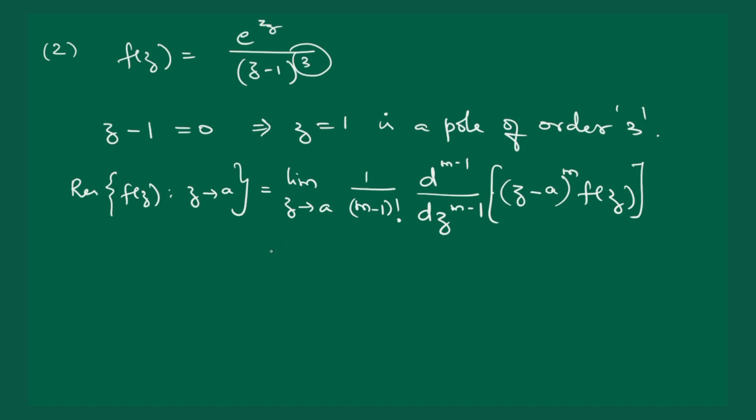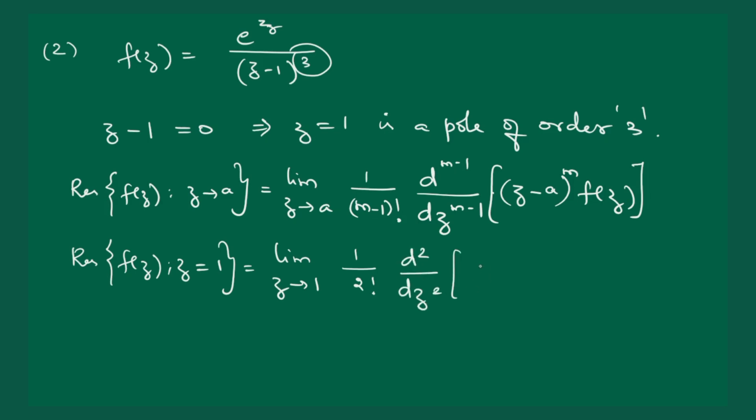Now let us see the pole of order 3, which is given here. Residue of f of z at z equal to 1. It is a pole of order 3. So here we have to replace m equal to 3, which gives you 1 by 2 factorial, and d square by dz square of (z minus 1) whole cube, because m takes the value 3, into f of z. f of z is what? e power z divided by (z minus 1) whole cube. So here what happened? This and this get cancelled. So it's enough to differentiate the term,